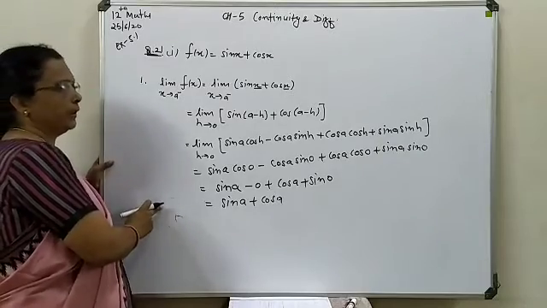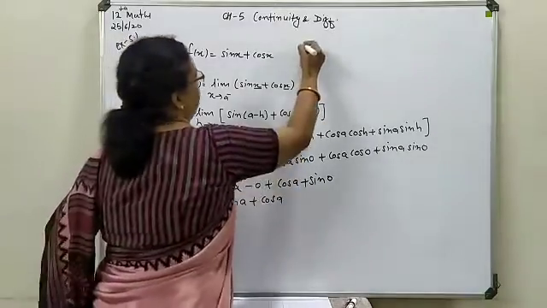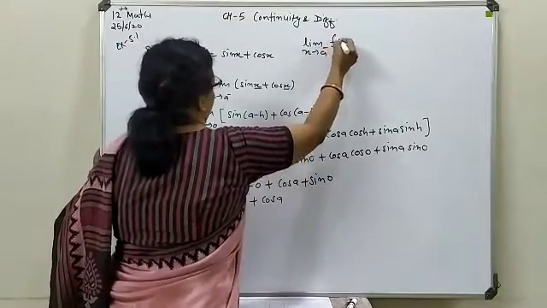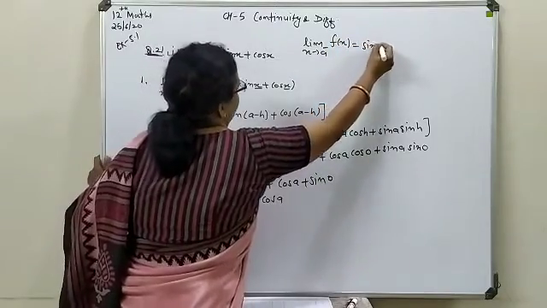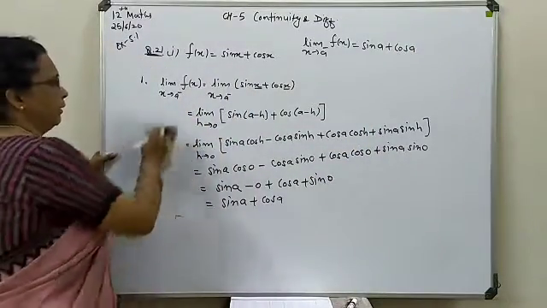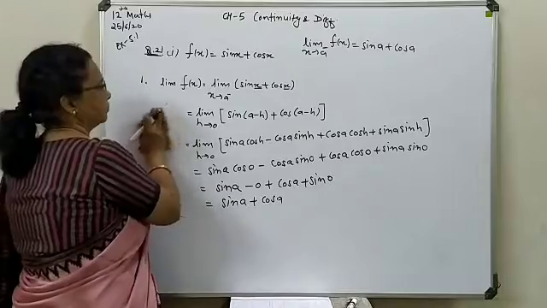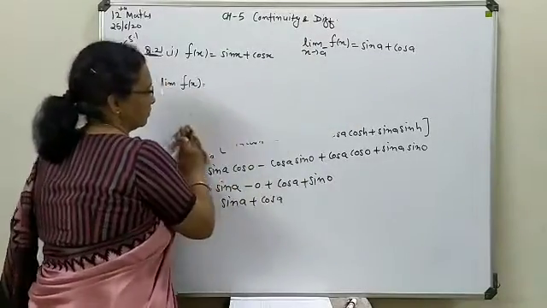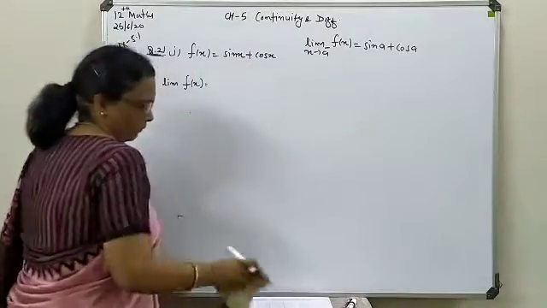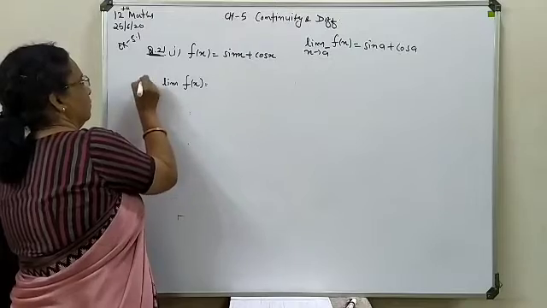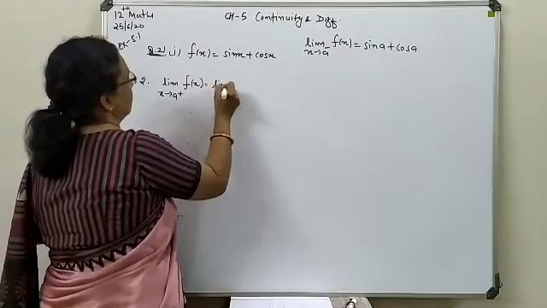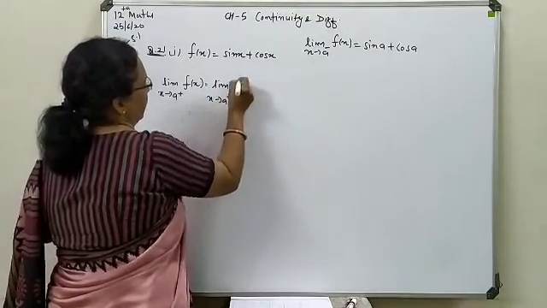Now we move to the right limit solution. First of all, for our reference, aside we write this solution to compare afterwards. This solution you are getting is sin a plus cos a. Now you will go for checking the right limit solution. Second one, x will tend to a plus. So first of all you will write your function in the same manner.